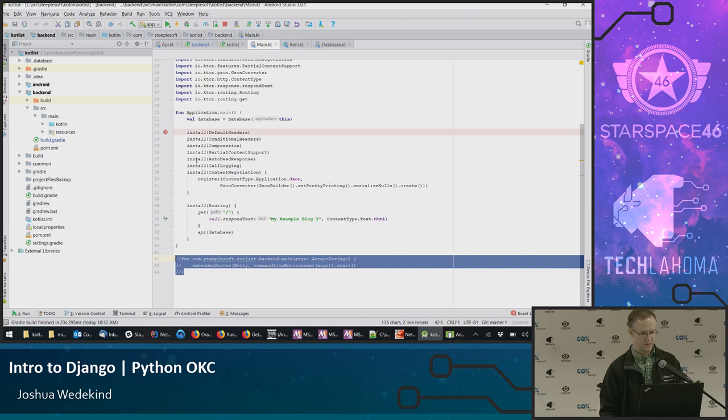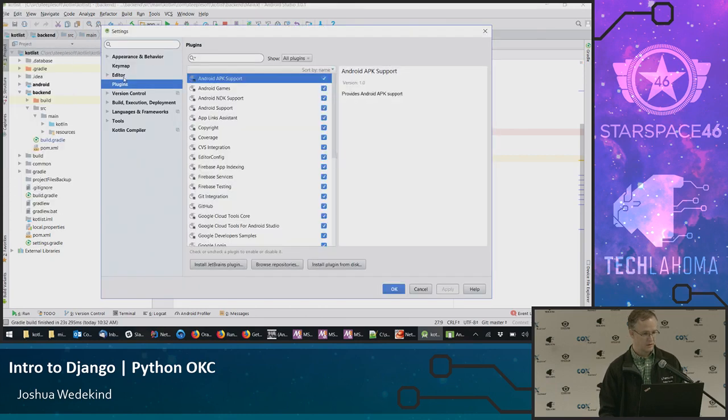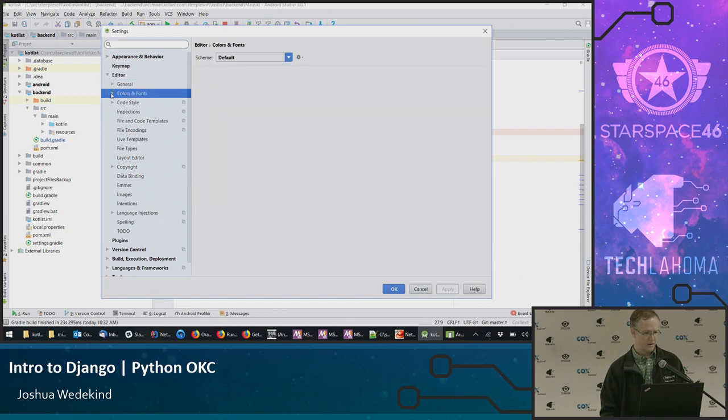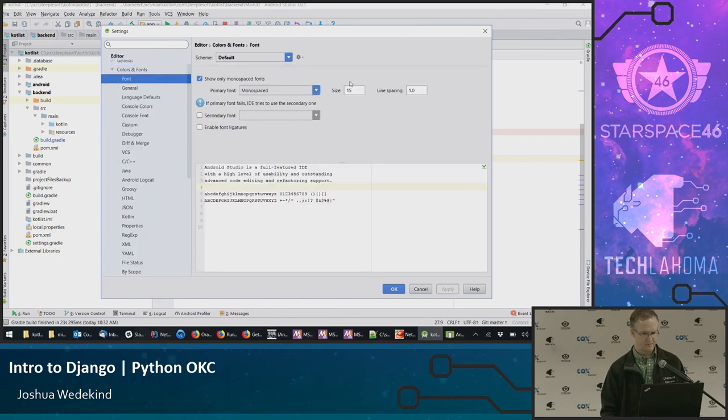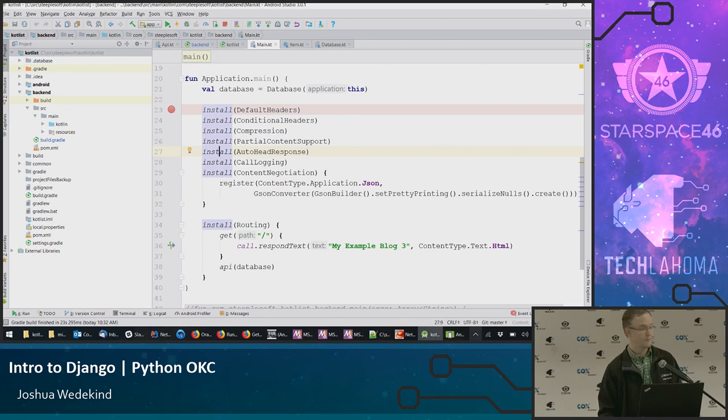See if I can zoom that in. If we're on a Mac, I just control scroll, but I'm too cool for that, I guess. There we go. All right, so